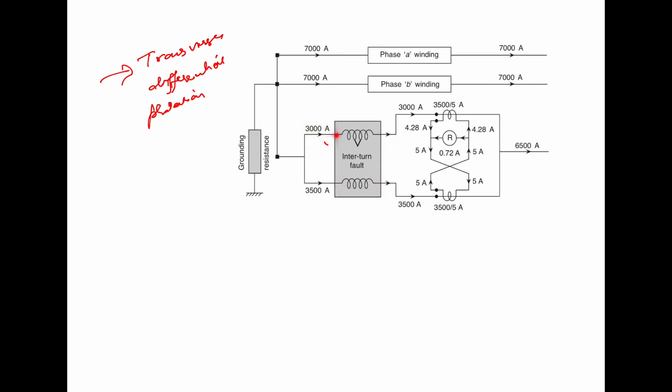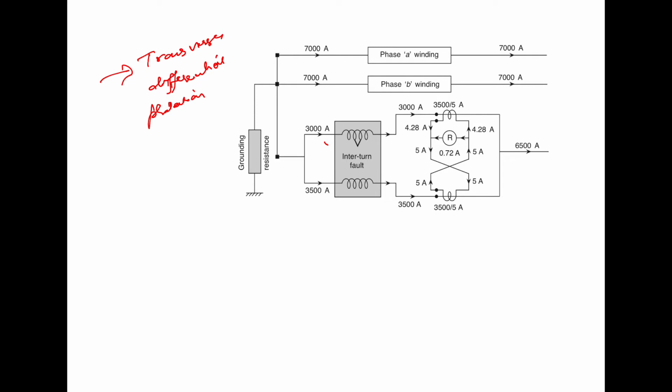Like you have the current is 3000 ampere in this and 3500 ampere in this. So the current in each parallel section is compared with that in the other section, and if there is any inter-turn fault in one section, then the current will differ and flow as spill current